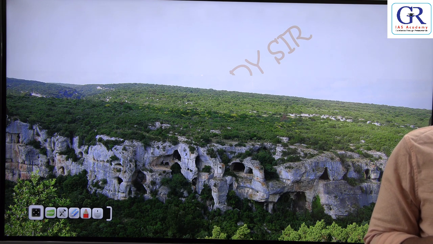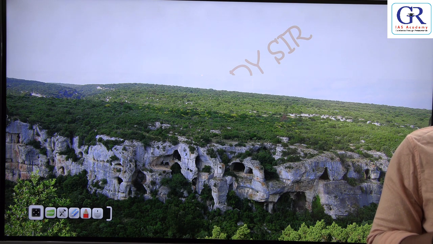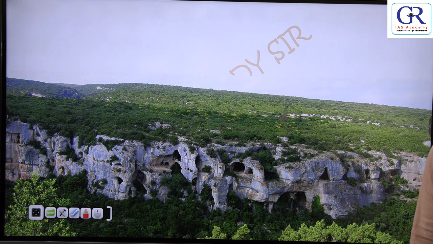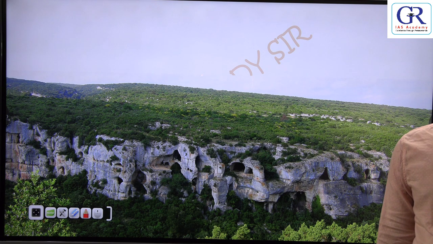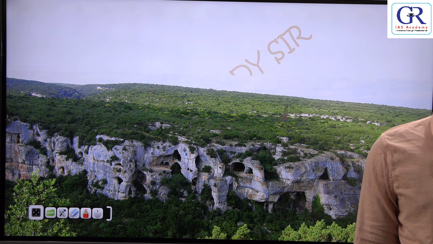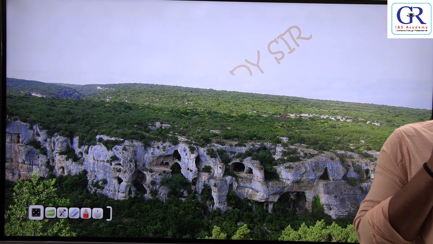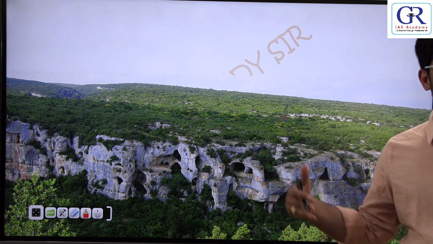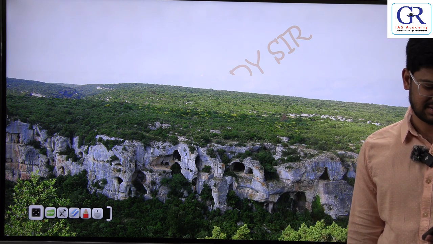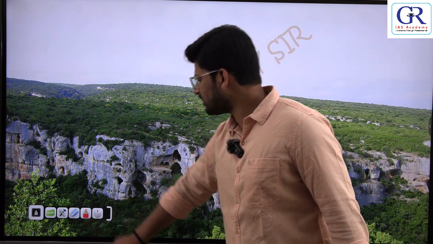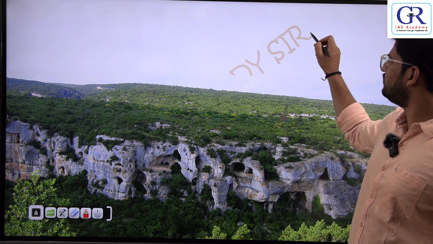Over a period of time they may collapse, whenever there is water flow. In a dry period, if there is no water, there is no dissolving, right? So similar kind of caves. One of the oldest caves you can see in